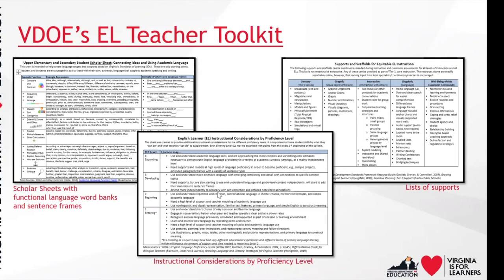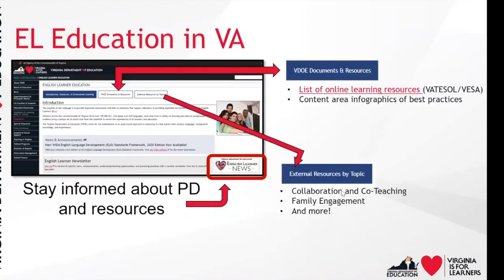So it breaks it down in a different way. And then we also have some resources on the EL education website. There are some external resources specific to collaboration, and then others that are created by somebody in VDOE or in collaboration